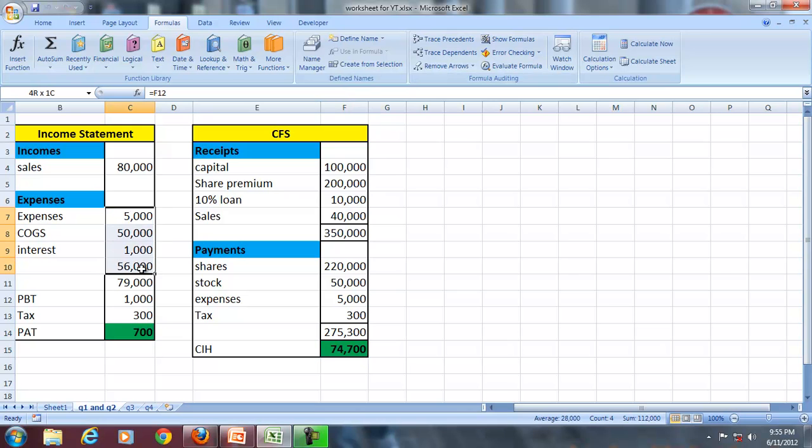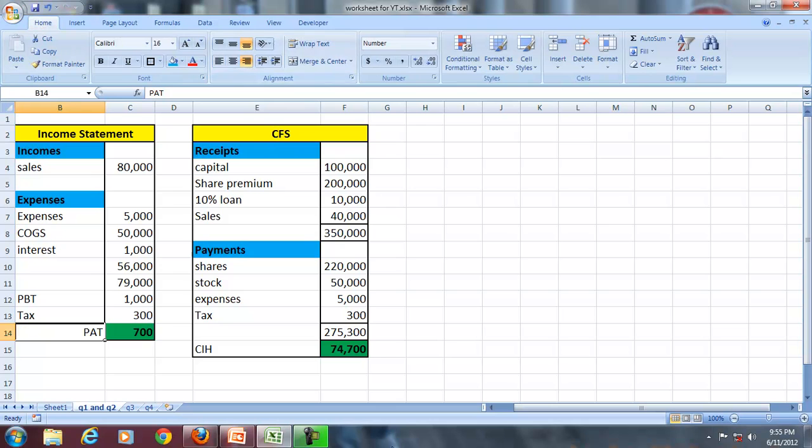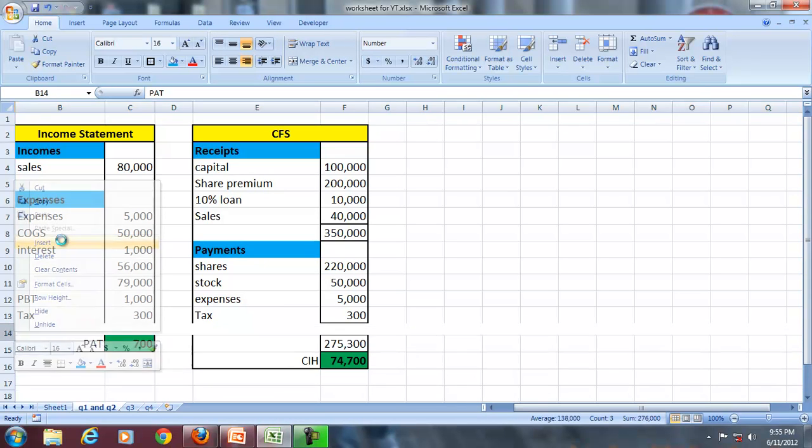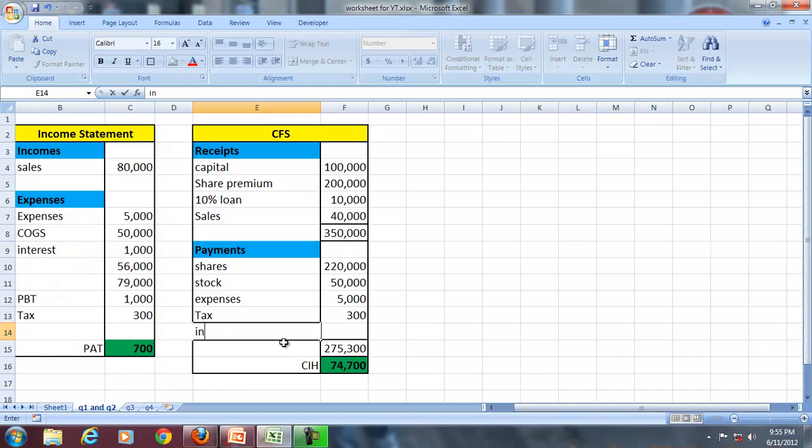So the total expenses is 56,000, total income is 80,000, so PBT is 1,000, and tax on that is 30%, and entire tax is paid, so it's a cash flow. So profit after tax is 700, and the cash in hand is 74,700. Suppose we decide to make the payment of interest, so then observe that interest will become a cash outflow,